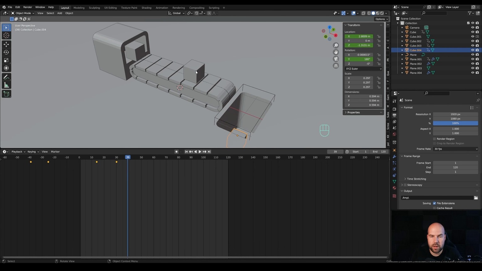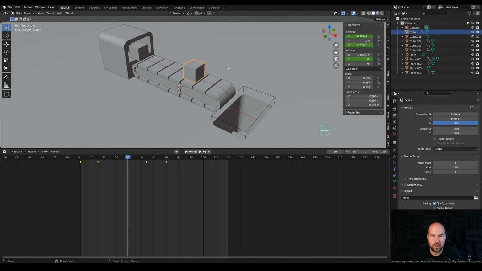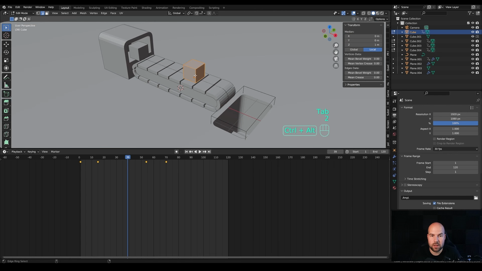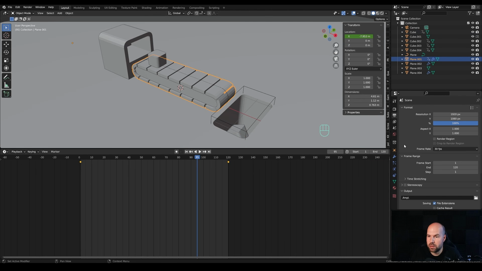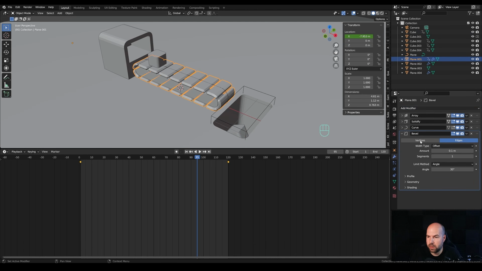And now basically you can just go ahead and make it look a little bit nicer. So you can select the cube, and since there are linked objects, you can just select these edges around, bevel them, change the shape, and they will all look the same, but their animation will be shifted since we separated the animation data. And now you can just select the belt and add, for example, a bevel modifier, increase the segments, reduce the amount to something like this, and enable harden normals. Right click and shade auto smooth and increase to 180 degrees, so you have a nice smooth object right here.